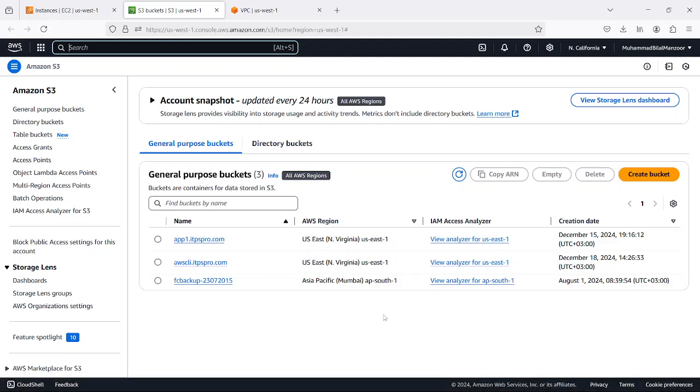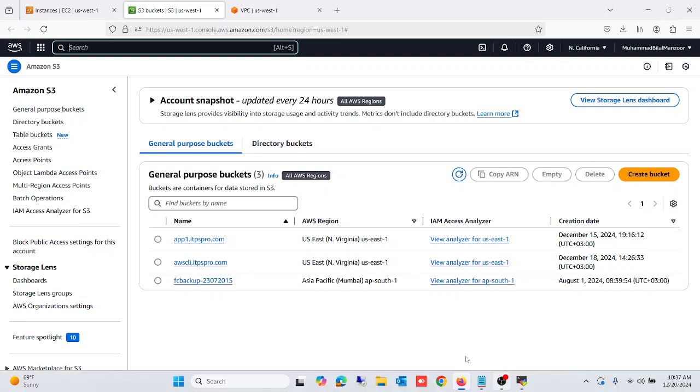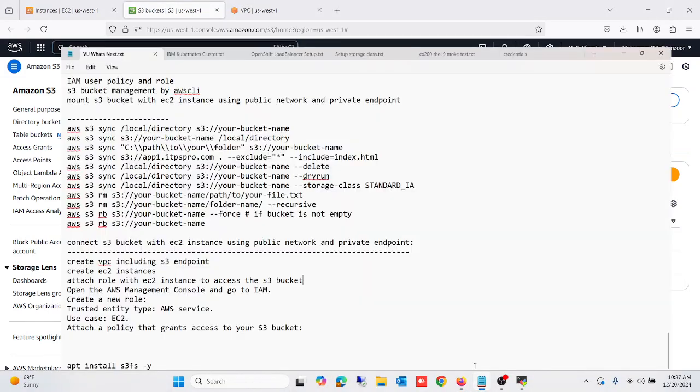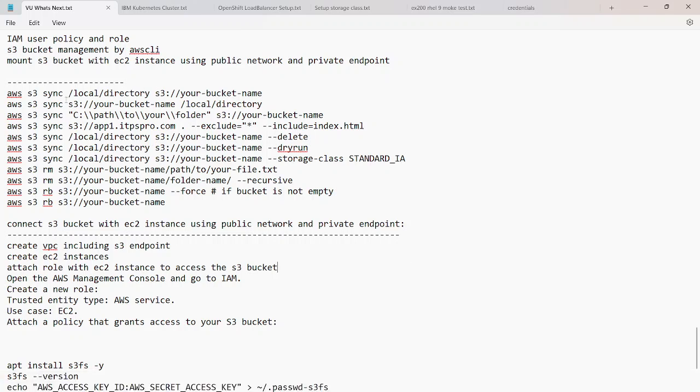This is the ninth session of AWS DevOps training, and this is the continuity of S3 storage management. In the previous session, we tried to understand the concept of AWS CLI to manage the S3 buckets. So we tried to run all these commands to understand the concept, how we can manage our storage and upload the data and manage the whole data stuff, and how we can take the backup of critical data on AWS